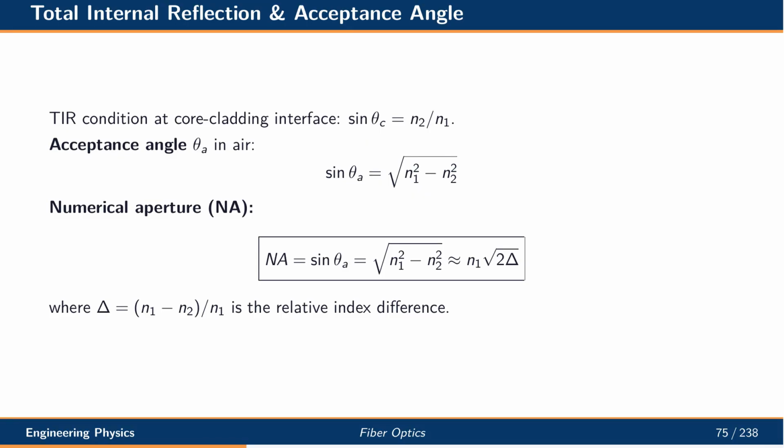Total internal reflection requires that the angle inside the fiber exceeds the critical angle. The acceptance angle in air defines the cone of light that can be coupled into the fiber. It depends on the difference of refractive indices between core and cladding. The numerical aperture is defined as the sine of the acceptance angle and equals the square root of the index difference squared. A higher numerical aperture means more light gathering, but